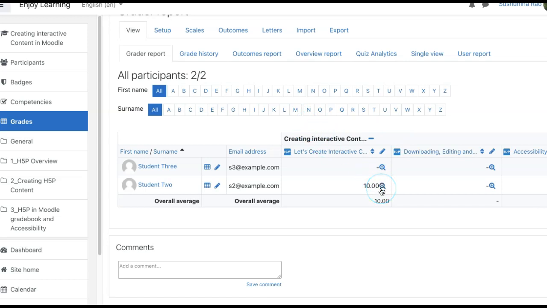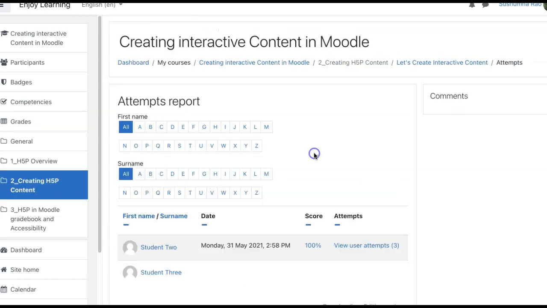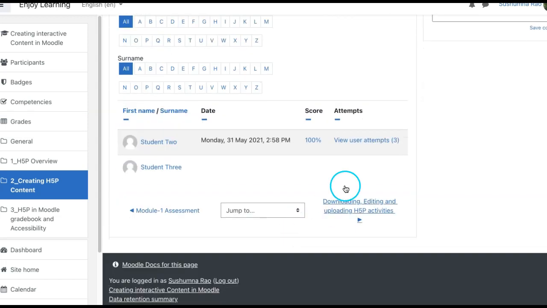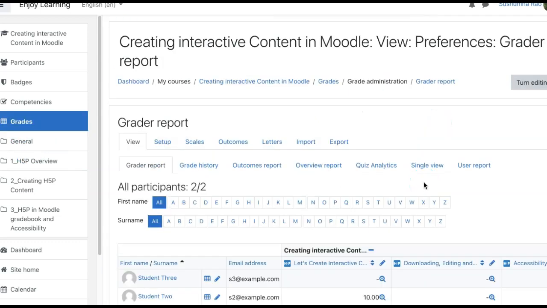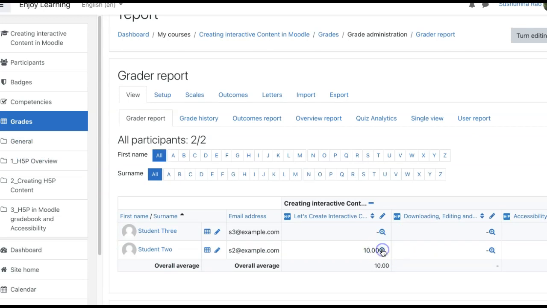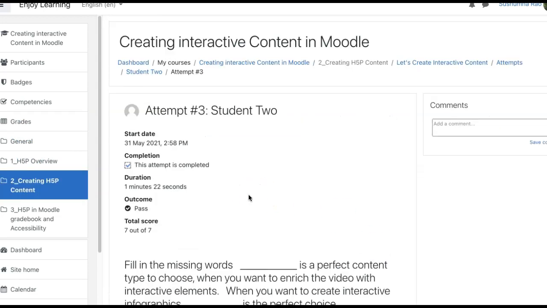Okay, when you click on this small icon here, you will see a grade analysis, the same page that we have seen, or directly you can go to the main report, attempts report page by clicking on this. We'll see both of them. First we'll click this activity and then the same page, that user and user attempts, number of attempts. From the activity page also we land here only. Or if we click on the small icon here next to the score, we will see the analysis page. Okay, this is about attempts report of H5P and gradebook.